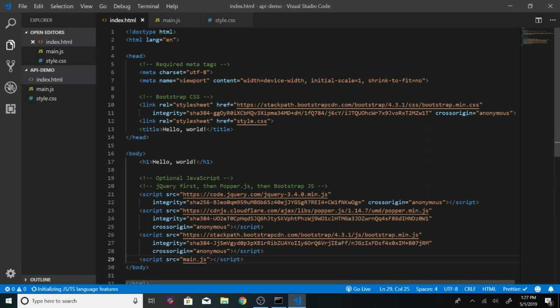I'm going to use one I've worked with before. It allows you to search for Pokemon cards. I think it's pretty easy to work with. So the first thing I'm going to do is